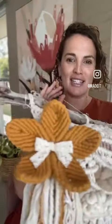but the work and attention and detail that has gone into all of this. And we've also created a collection of macrame wall hangings so that you can find them,